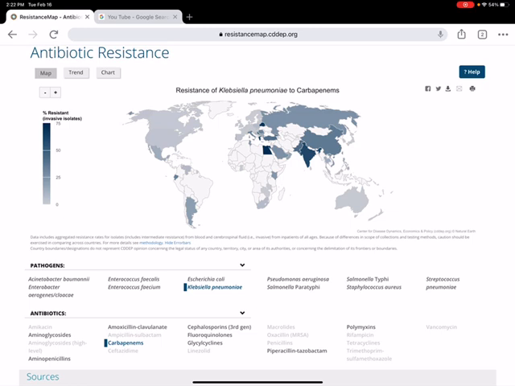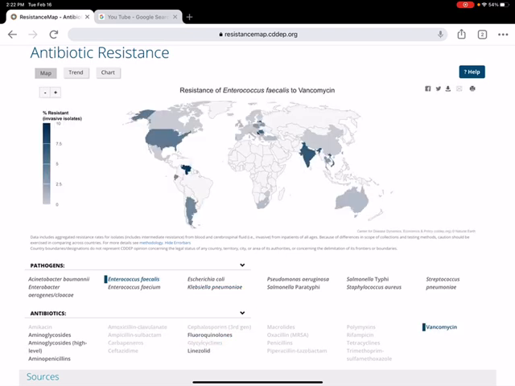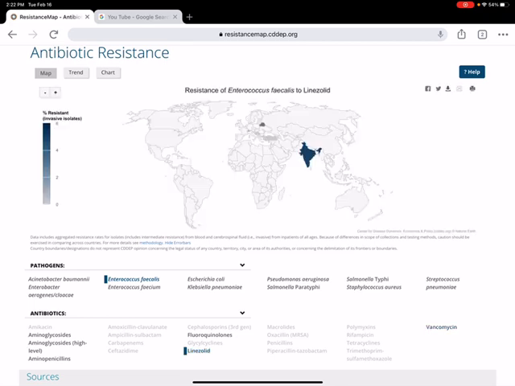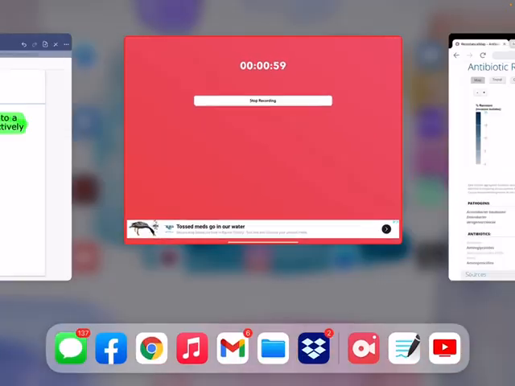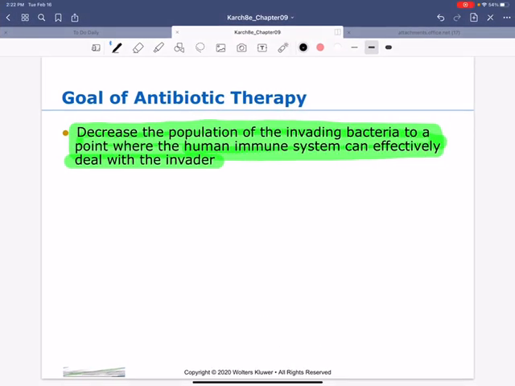And as you can see, there are varying degrees of color. The darker color means it's more resistant in that area. So if I click on, let's say, aminoglycosides like gentamicin, you can see here in Asia, in Russia, it's really resistant in that area. It looks like they have a huge resistance problem with that. But then if we look up other countries, it'll tell you that. So anyways, I just wanted to show you that. I think it's really cool, and that's one way that we can find out if there's a lot of resistance